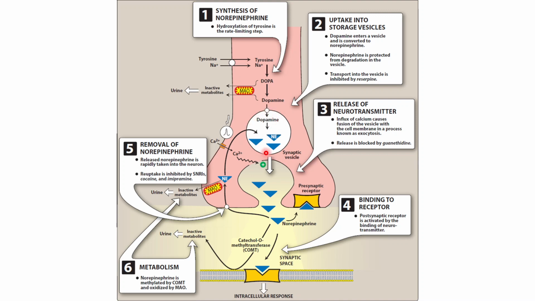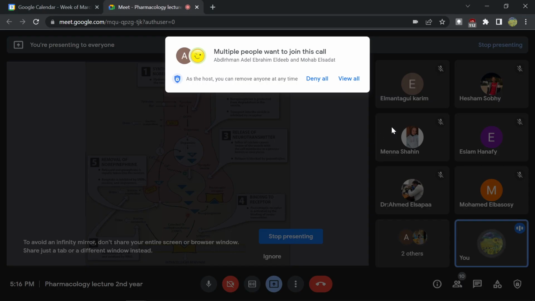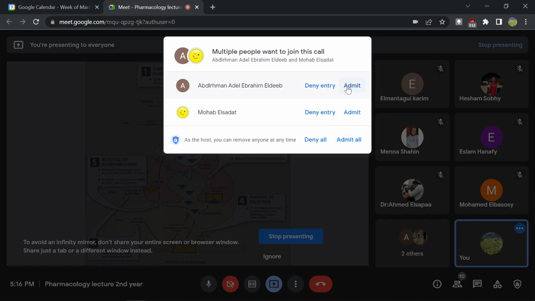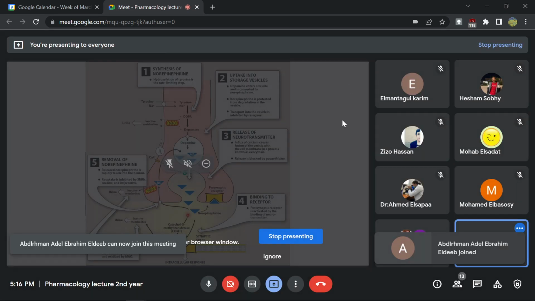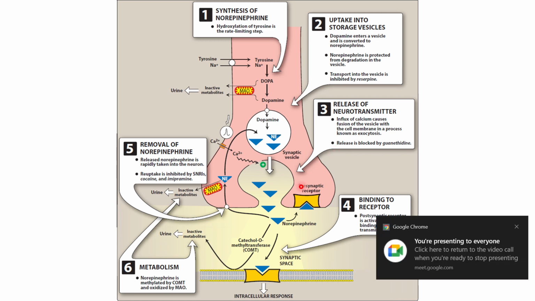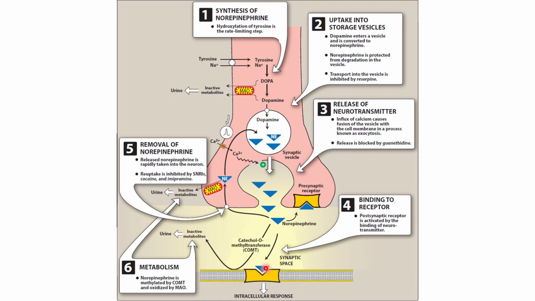Then when the vesicle content is released to the synaptic cleft, the norepinephrine can act on presynaptic adrenergic or postsynaptic adrenergic receptors, and after that it is